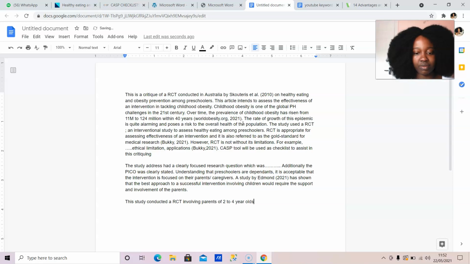2 to 4 year olds, right? To prevent or to assess healthy eating and obesity prevention, which is what the article had done, right? So now,